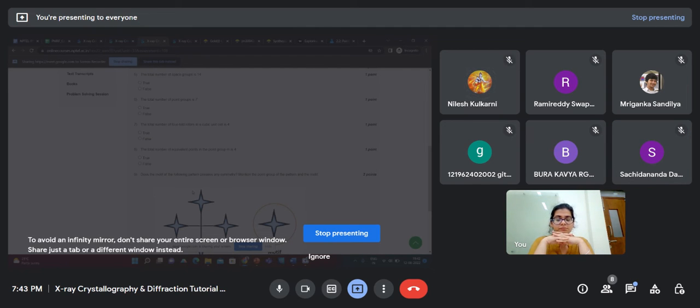But how? M is representing the mirror symmetry. So if I am taking one point and it will reflect, then another point will be generated opposite to this point. So there will be two equivalent points. So this statement will be